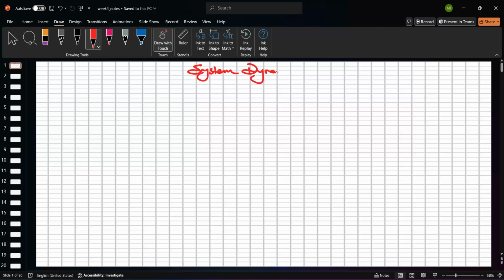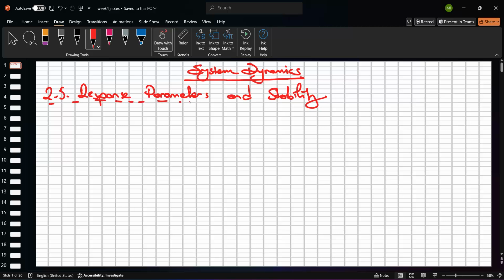System dynamics. In this lesson, we will continue with the response parameters and stability. We will define it and solve it in terms of the differential equations. So, just remember the general differential equation